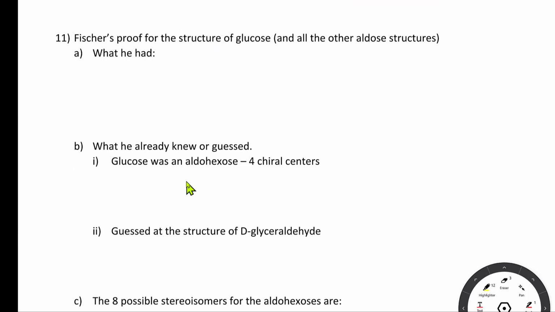So now we're at the point with reactions and stuff where we can talk a little bit about how Fischer determined the structure of glucose and subsequently led him to the structures of all the aldose sugars. And it's considered to be one of the great accomplishments in science over the years. So to put it kind of in perspective,